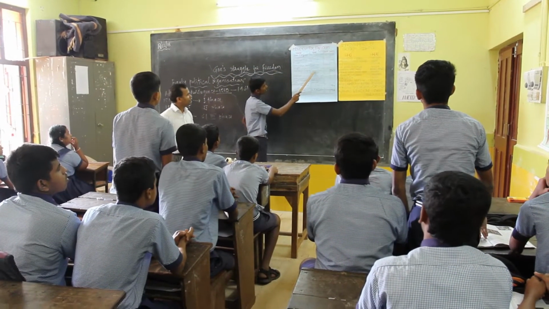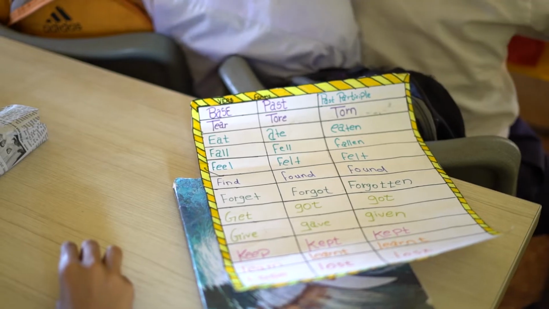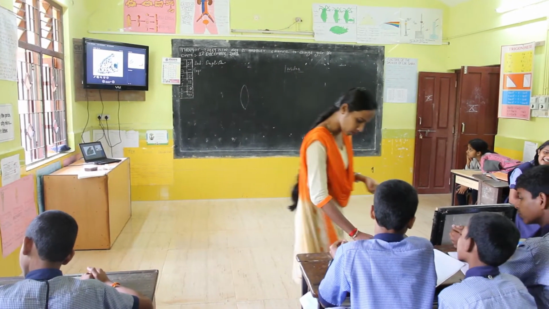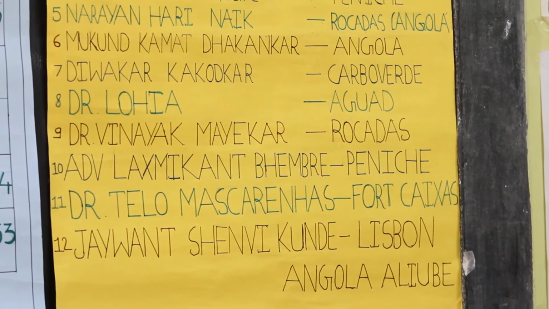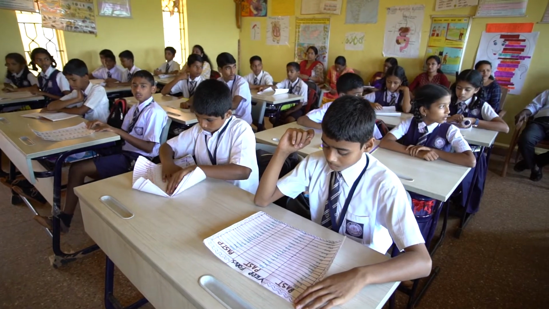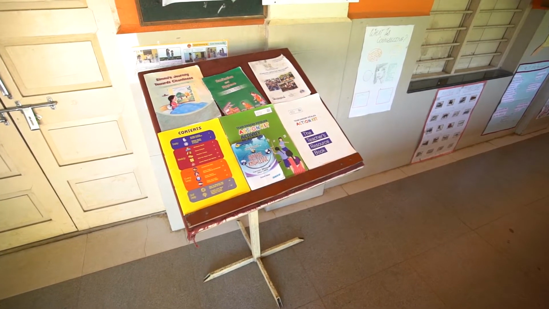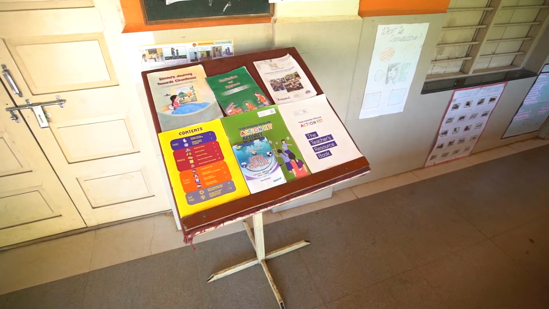In these classrooms, we see the TLM being used very differently. The teachers in these classrooms use charts and PowerPoint as TLM. In each of these classrooms, the TLM are made to meet the needs of students with regard to the particular topic being taught. The headmistress of Government High School Malkarne talks about how and why she uses the school space as a teaching learning resource.